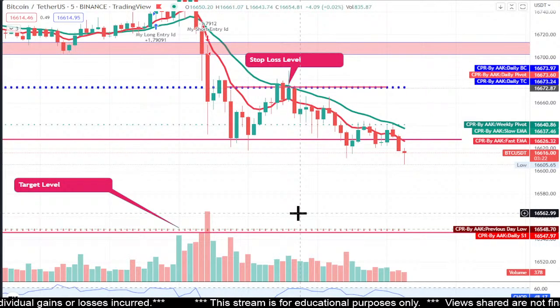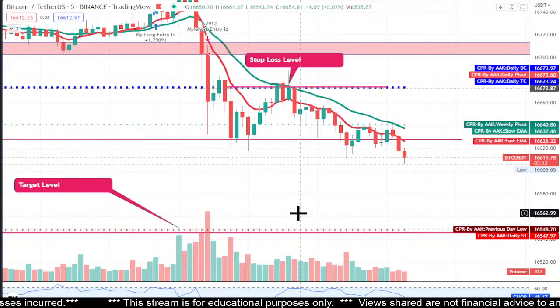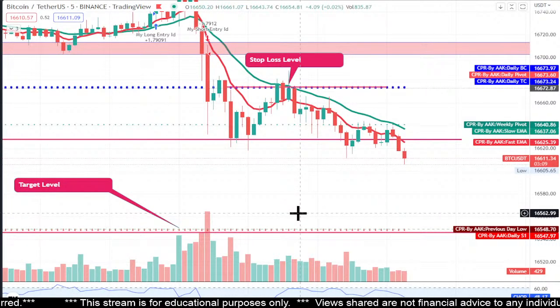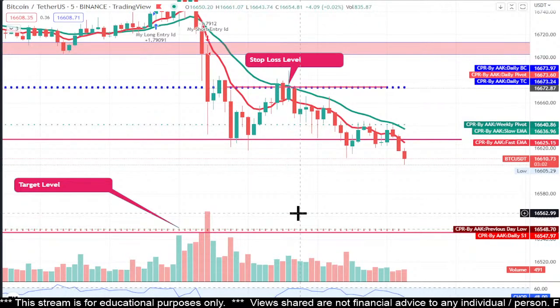We are able to breach the barrier of 617. We are also able to breach the barrier of 610 and create a new low of 605. So all we need to do is continue the trend and make sure that we are heading towards the target of the previous day low of 548, and my target of 550 where I am planning to book my profit